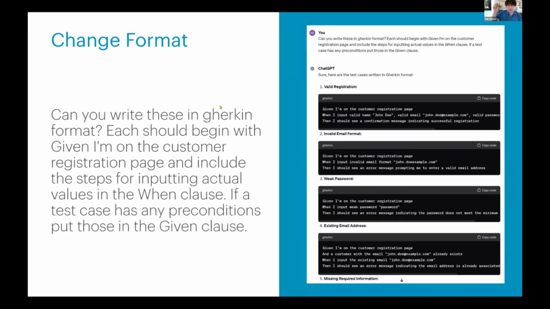Now, someone says, well, we do our test cases in Gherkin format. Okay, great. It's just a format, all right? And again, coming back to that question that was asked before, this is one of those areas where many times organizations will have certain structures that they like to follow. They like their test cases written a particular way. So providing either samples or providing rules, or one of my favorite approaches is you get the agent to, through prompting, produce what you want.